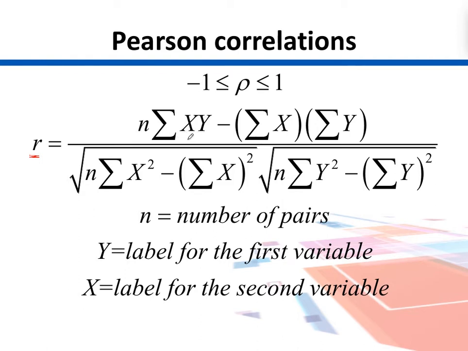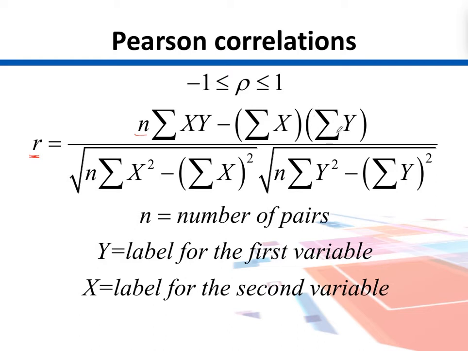We take all their numbers in pairs and simply multiply them, and finally we get the sum over all of them, and then multiply this with n, the total number of pairs we have in this data set, and minus the sum of x